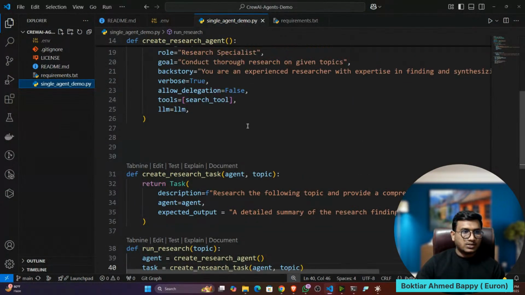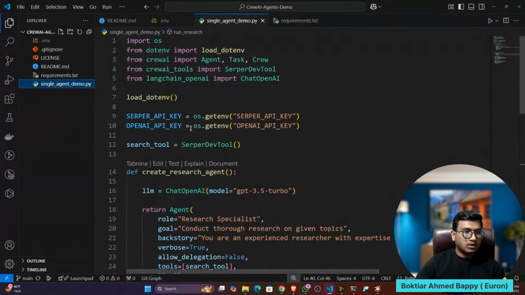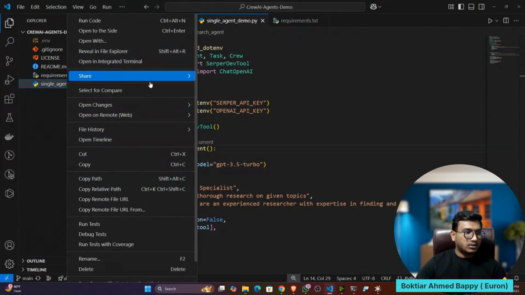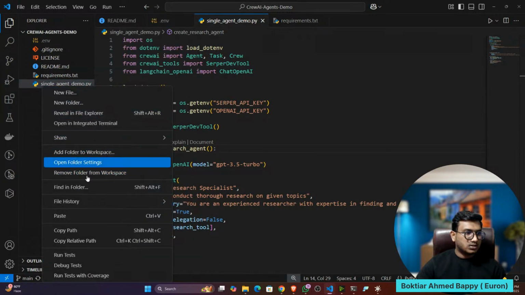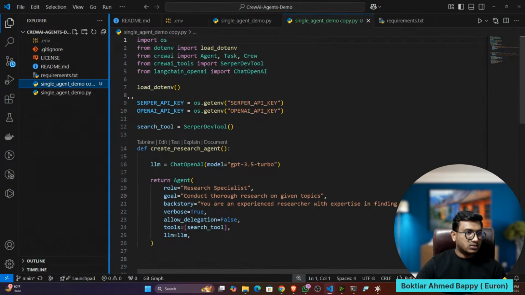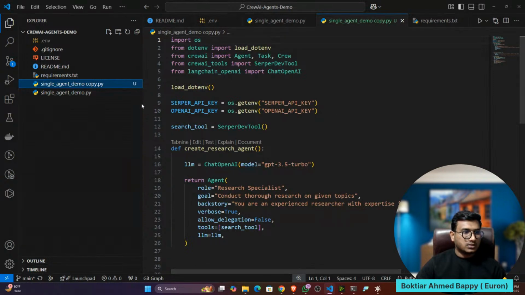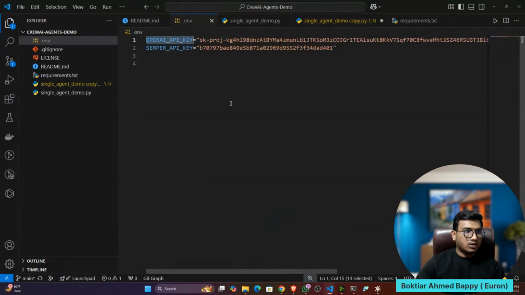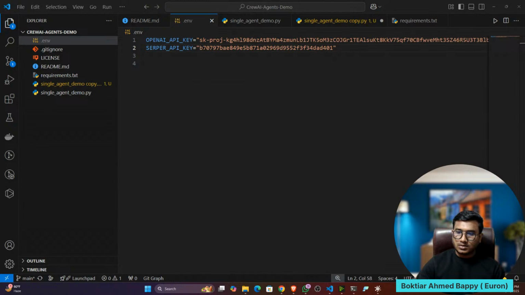Okay, now let's try to see how to use the free Groq model. So this thing I'll make a copy. So what I can do, I'll copy and I have to paste. This is the copy one. So here let's replace it with the Groq model. So Langchain Groq, ChatGroq. Okay. Now here I need the Groq API as well. So let's take the Groq API, guys. Just a minute.